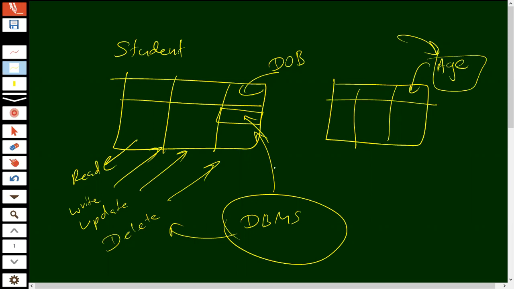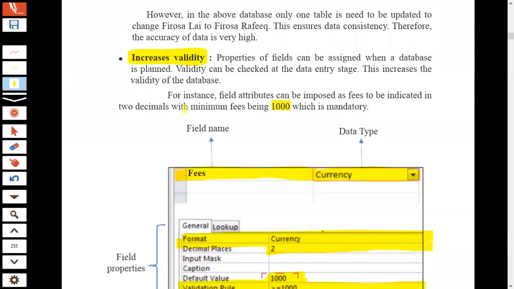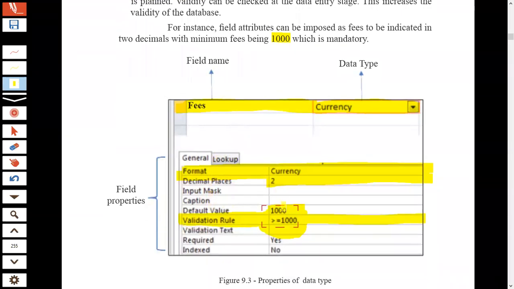Is that data valid? Likewise, that is validity checking. Validation rules are there to check validity. In Access also, we saw we can mention what the data type is, what the format is, what the decimal places are, likewise. Validation rules and default values also we can define for those tables.